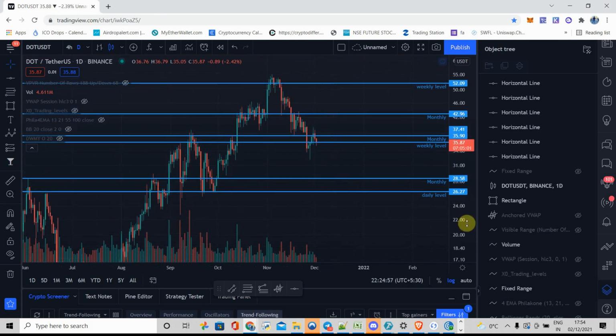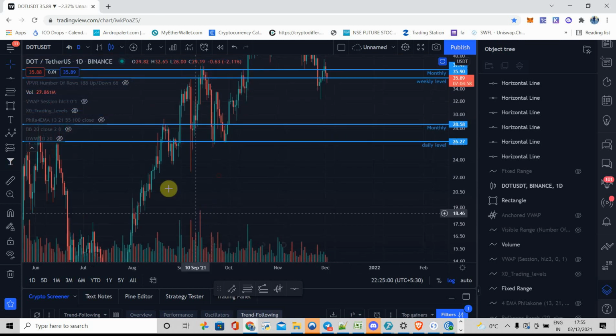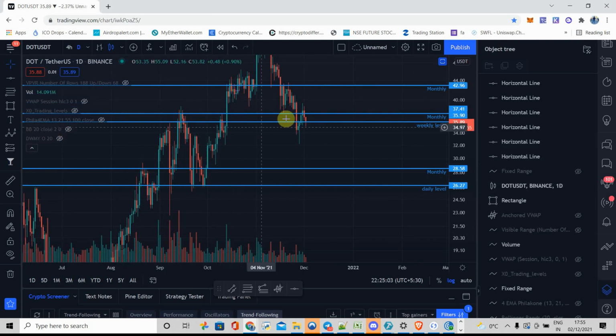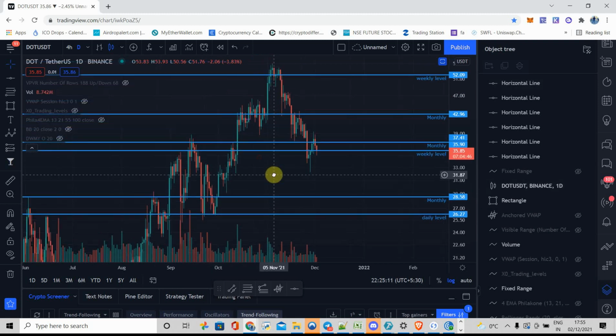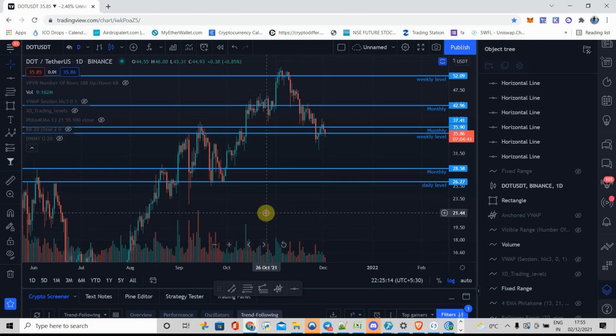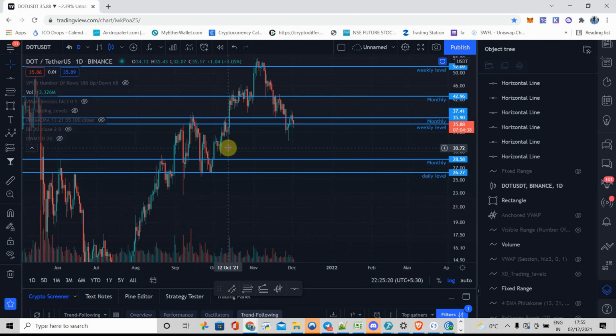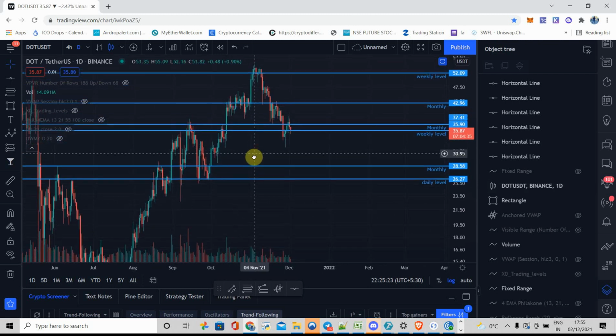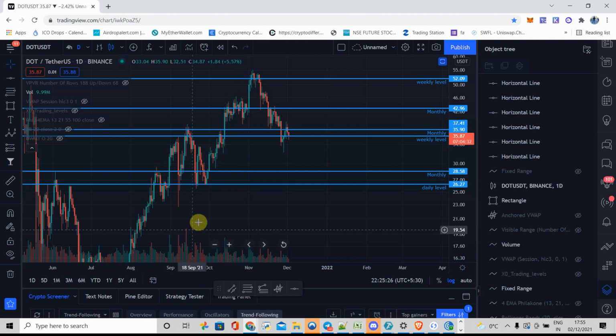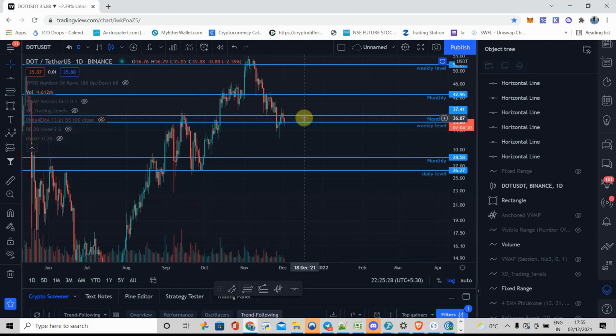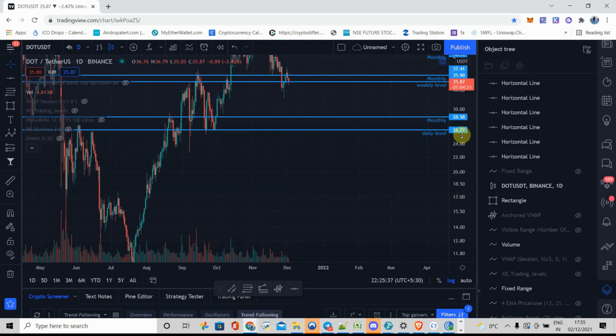From these levels, what we can get as information is that on the daily time frame also we are in a higher high higher low structure. As long as we don't lose this level, which is around $26, we are in an uptrend. Now we want to get into the trend in the highest probability zone, and we have to find which is the highest probable zone. The second step which I always do is try to find a confluence around this region with the higher time frame horizontal support and resistance. So let's do the second step.